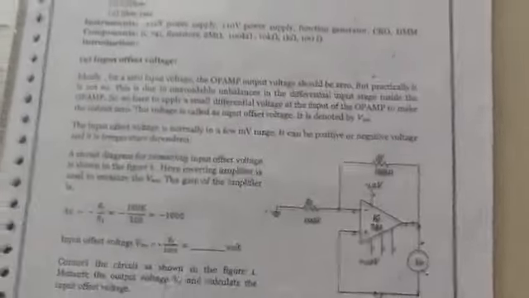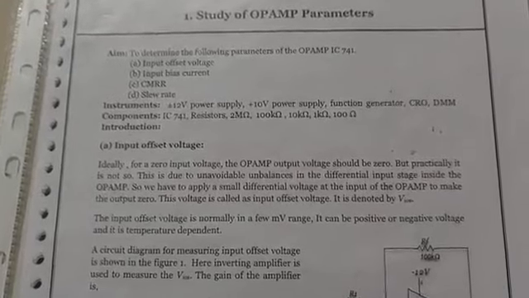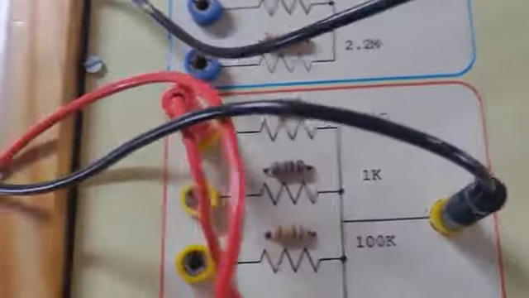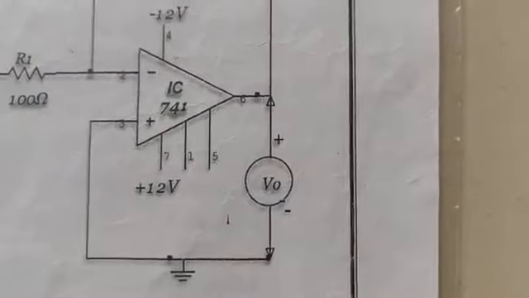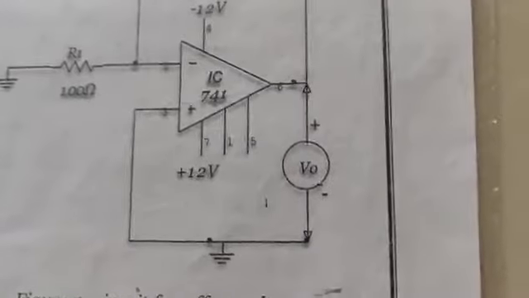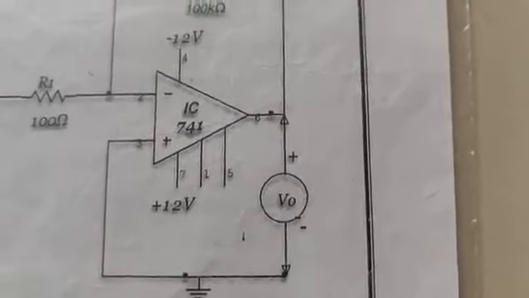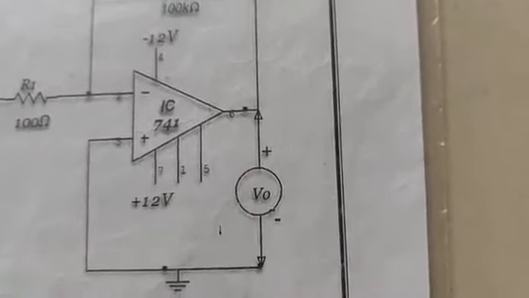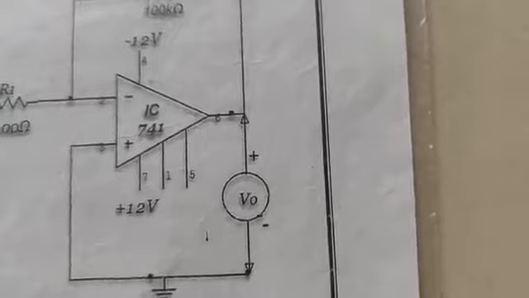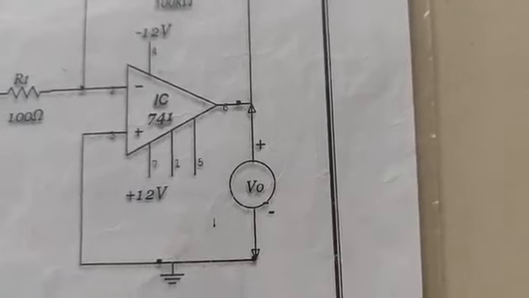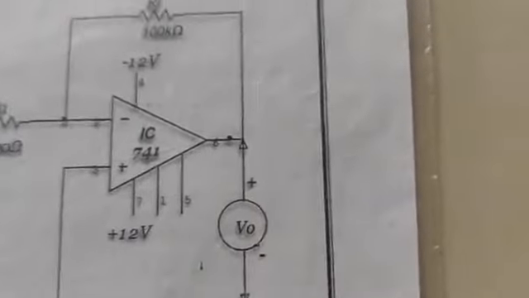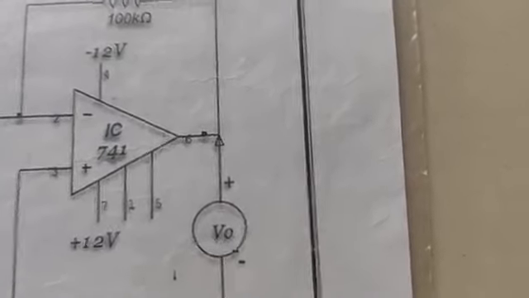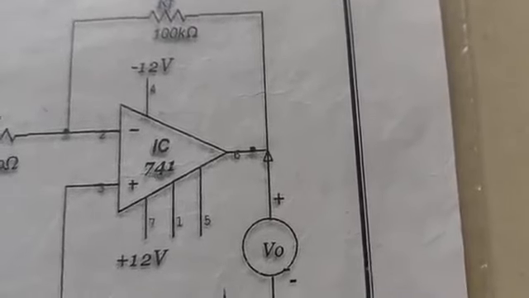So the first of this one, we are going to study about this op-amp. Here we are going to utilize the 741 op-amp, IC 741, which contains 2 inputs and 1 output. The inputs are pin number 2, an inverting input, pin number 3, a non-inverting input, and this op-amp utilizes the split power supply. That is minus 12 at pin number 4 and plus 12 at pin number 7. These two are going to be utilized.